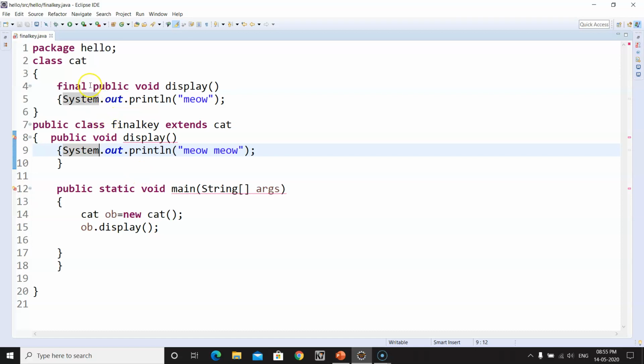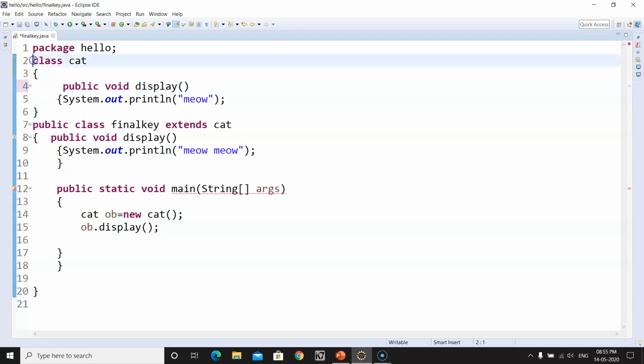Now we will do something else. We will make this class final. We first made the variable final, then the method final, and now we are making the class final. You will see another twist here: red lines appear at Cat, and it says remove final. Why? Because a type cannot be a subclass of a final class.